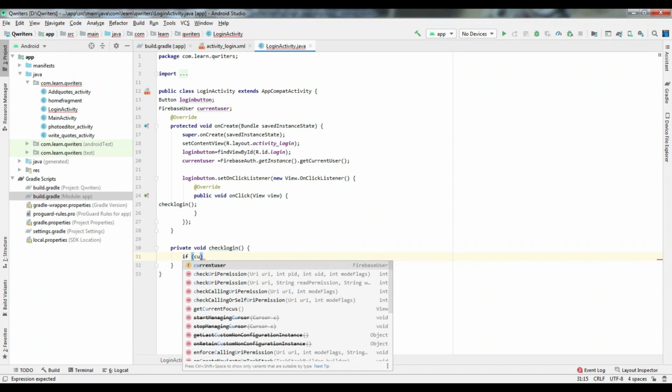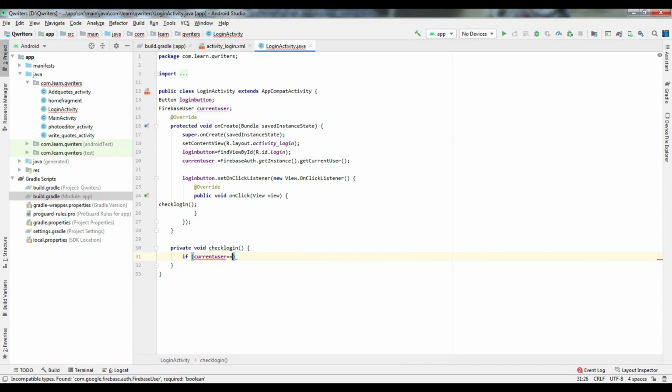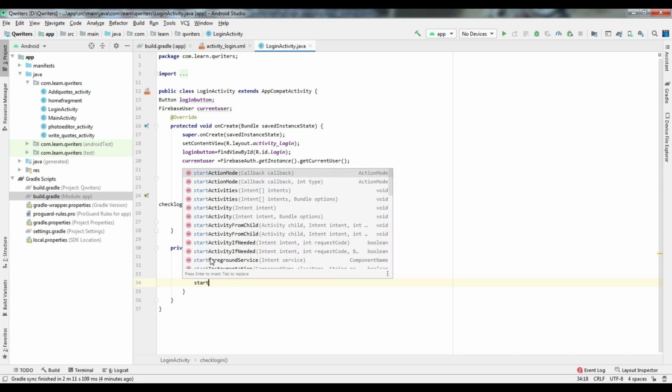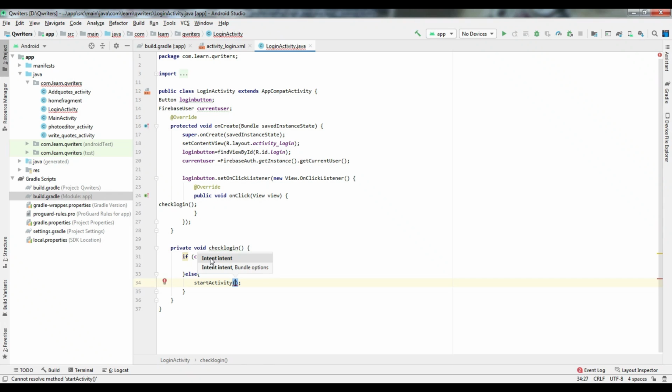So if currentUser is equal to null, we'll make him log in, else we will send him to the main activity. So that is startActivity, and we'll be providing the intent.